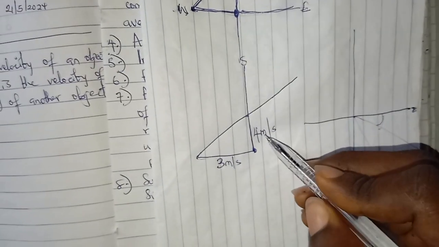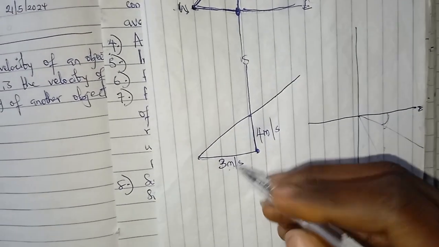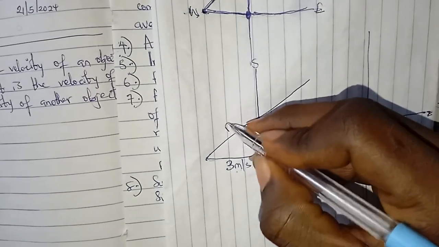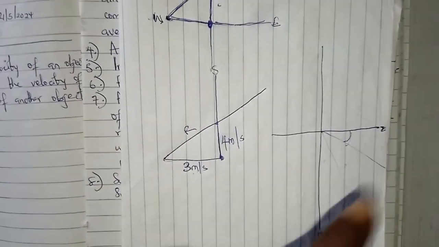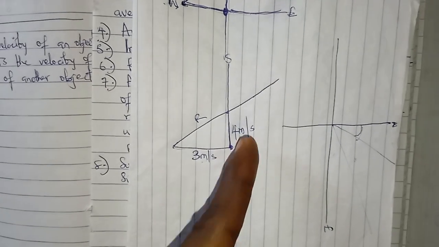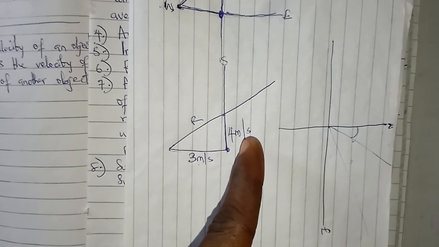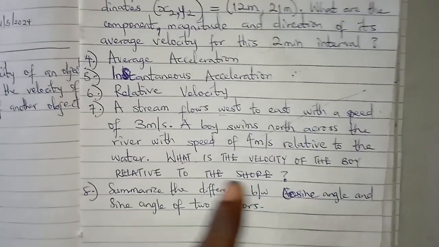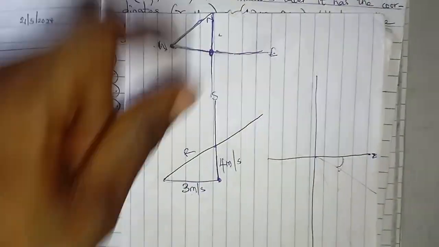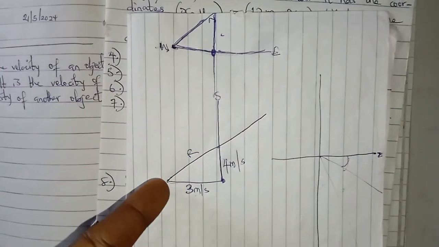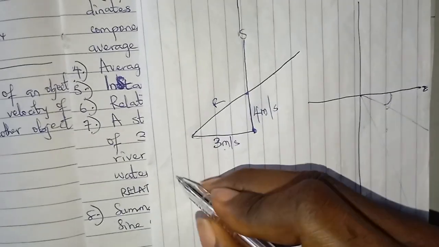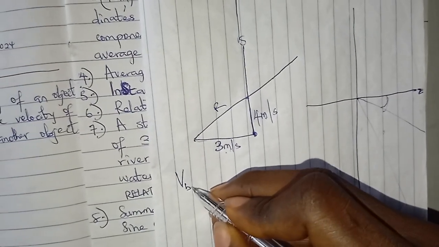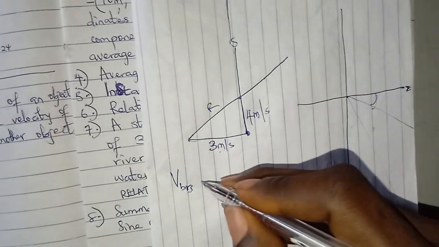we have this. So in order to find the velocity of the boy, we need to find the resultant velocity. Because he's moving with this 4 meters per second, and the water is going 3 meters per second. So the velocity of the boy is 4 meters per second, the water is moving 3 meters per second. To find the velocity of the boy relative to the shore, we simply need to take note of the boy's relationship with the moving water, which is simply getting the resultant. So I'll say the velocity of the boy relative to the shore is equal to,